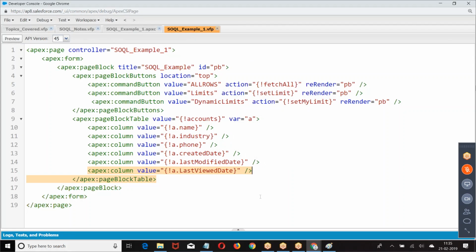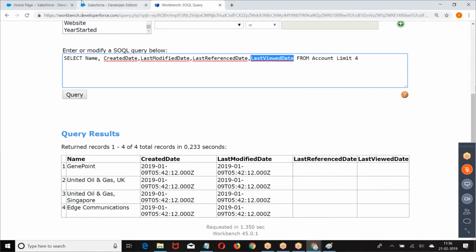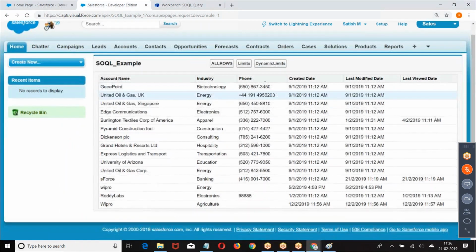Now go back to this. Now I wrote a SQL query. When you write a SQL query, look at the format in which you are getting the data. Look at the format in which you are getting the data. This is the format which you got.